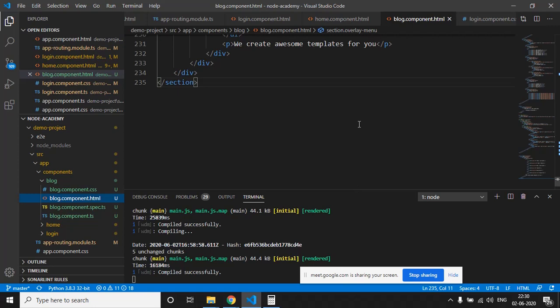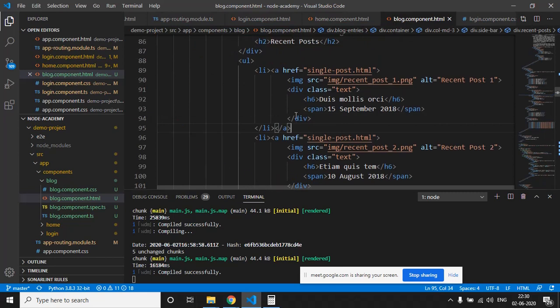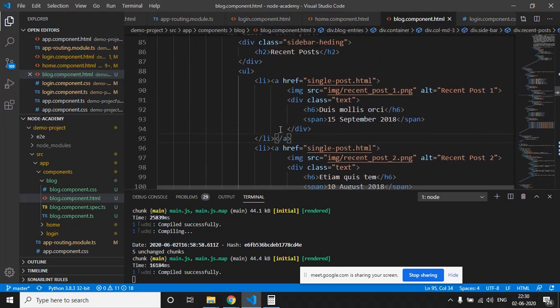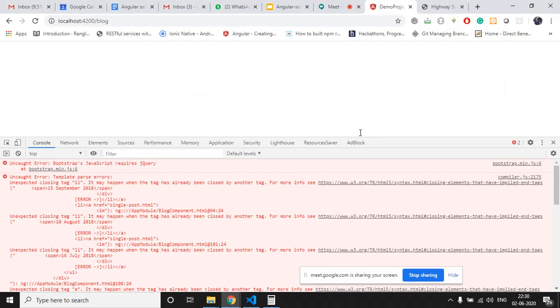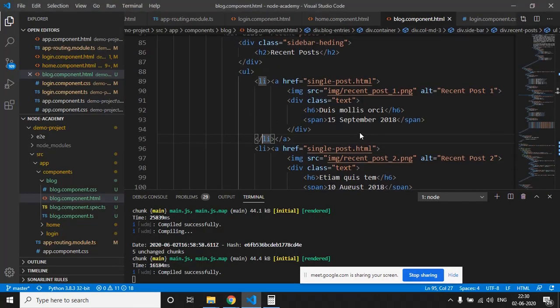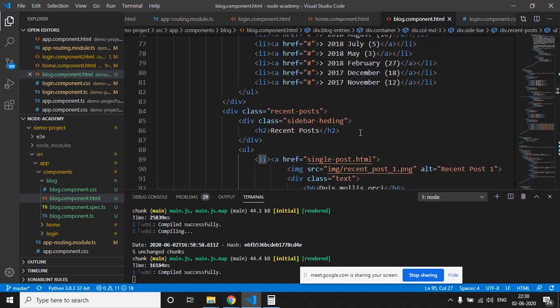So where is the error? Just go to line number 94. It has an unexpected closing of li tag. So maybe some li tag has been closed.